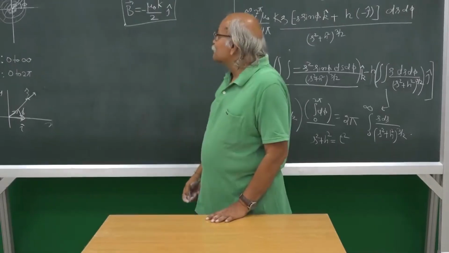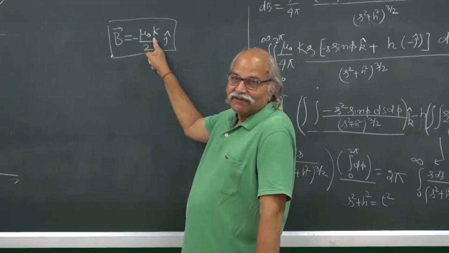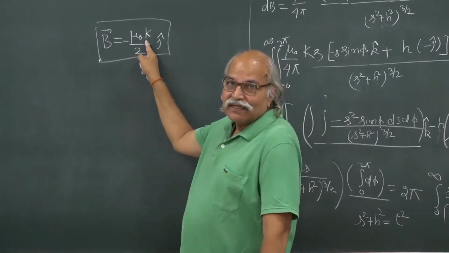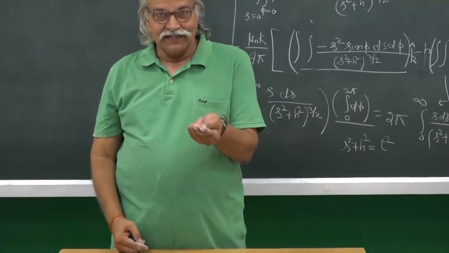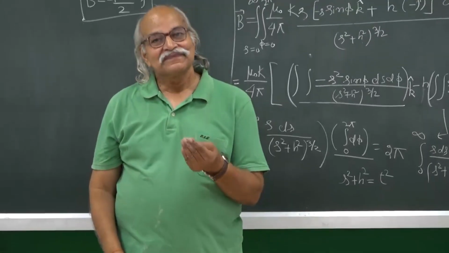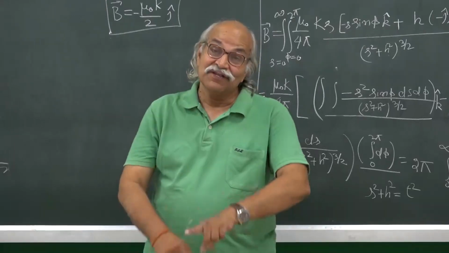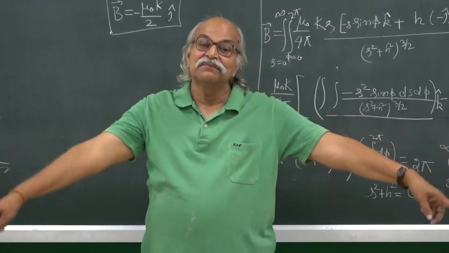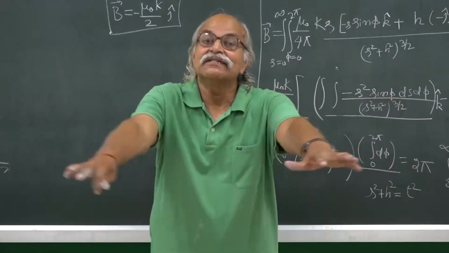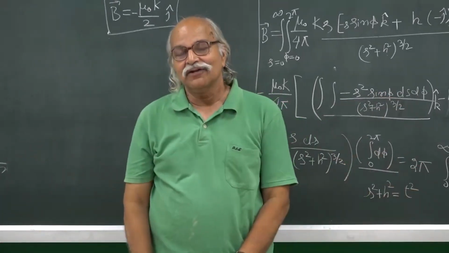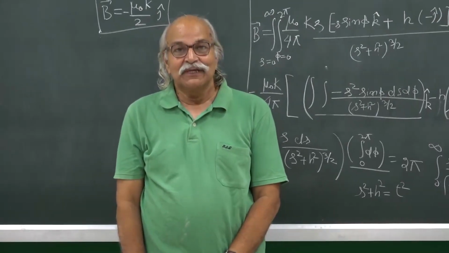The other thing is that it is independent of H. The H does not appear in the final expression. So, whether I ask for the magnetic field here or here or here, it is independent of the distance from this plane. And this is because we have done this calculation, this mathematics, assuming infinite spread of this current in the xy plane. Normally it will not be there, but once again,